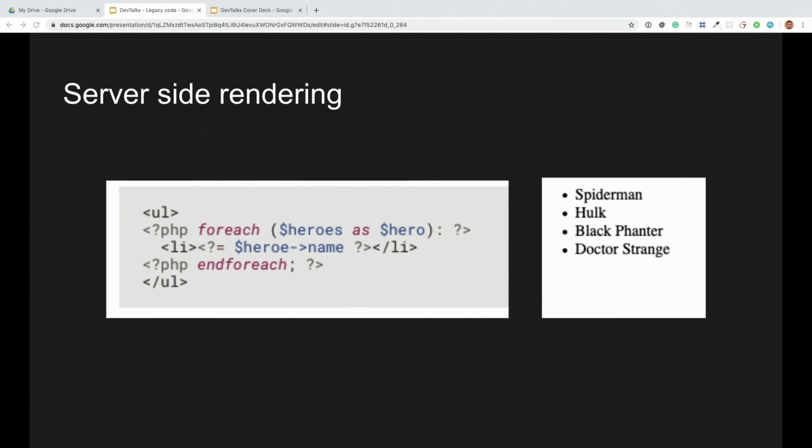How many of you have had a chance to do this kind of code here? Server rendering. Raise your hand. Okay, Seven Shifts, guys. I can see your hands. For those who are not familiar, a request comes to the server and goes to the database. In this case, there is an array of heroes coming from a database or whatever, and it changes the DOM and returns this chunk of HTML,